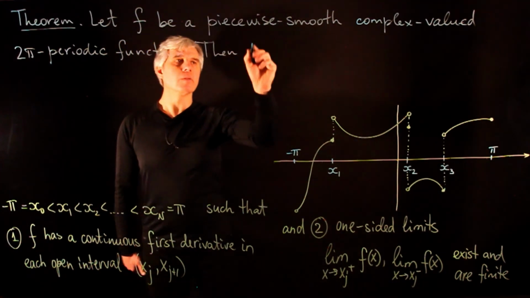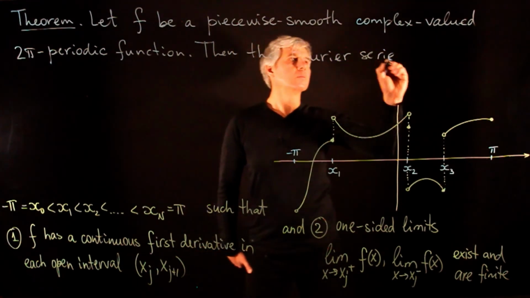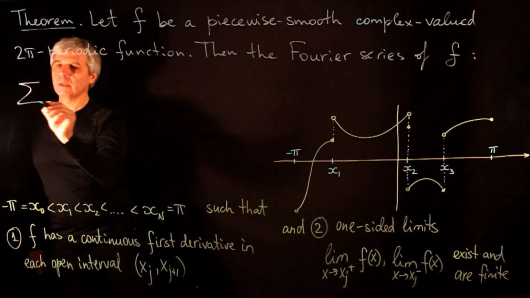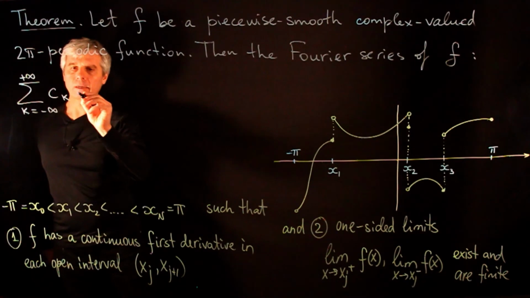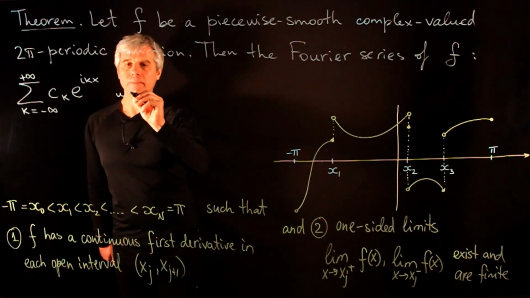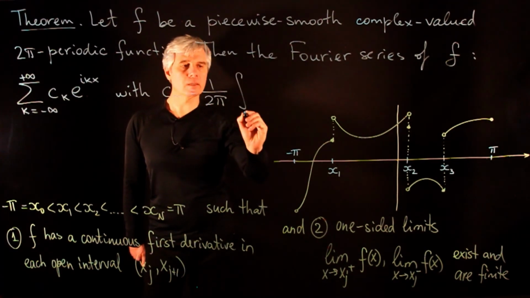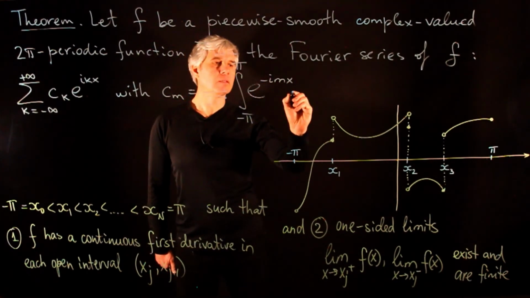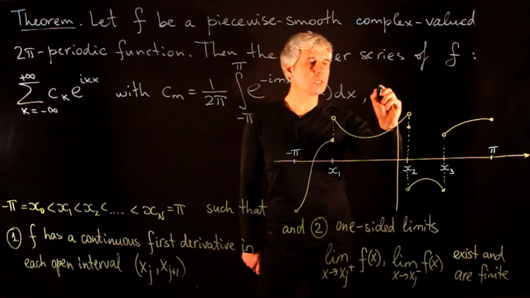Then the Fourier series of f, which is the sum k goes from minus infinity to plus infinity of ck exponential of ikx, where cm is 1 over 2 pi integral from minus pi to pi e to the minus imx times f of x dx, is convergent